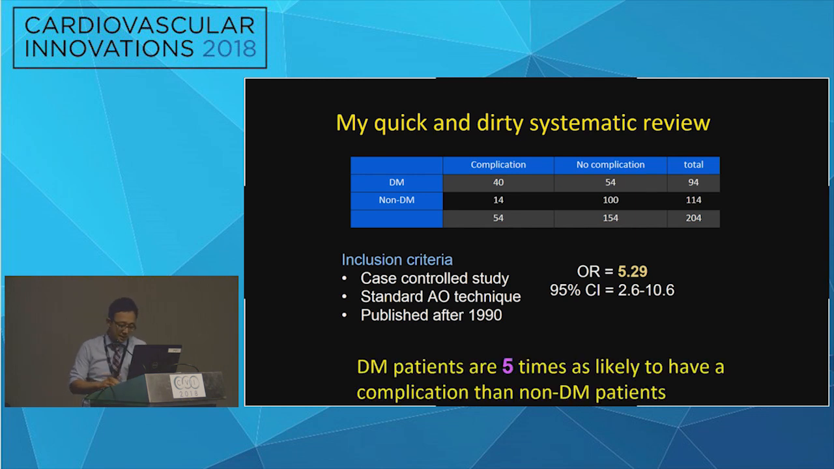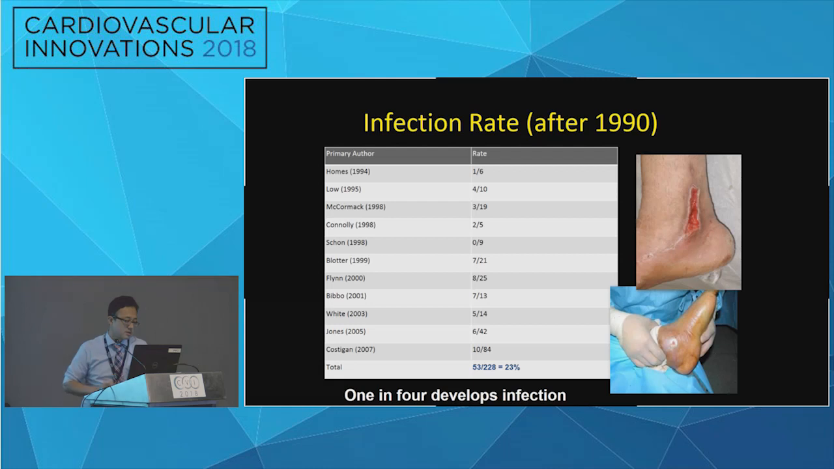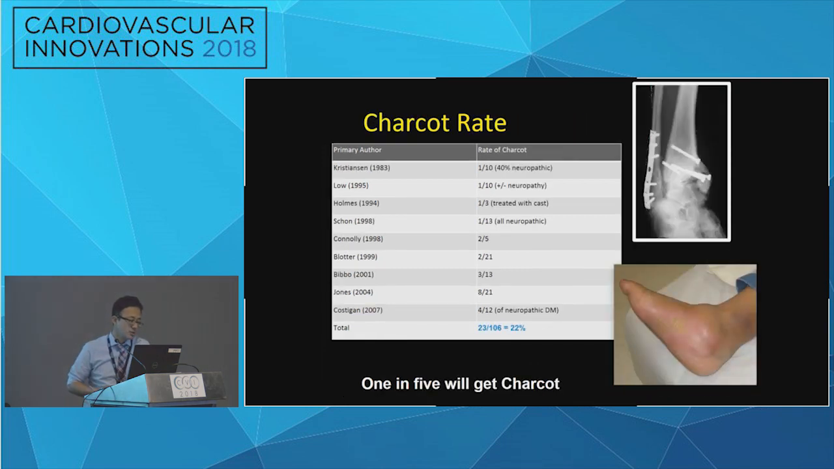But when you're talking about complications after ankle fractures, there could be short-term, acute complications like skin healing complications or infection, something that happens within 30 days. About 1 in 4 develops an infection after ankle fractures if you're diabetic. But there are also long-term complications like bone healing complications or Charcot. In this case, if I tally all those numbers, it's like 1 in 5 gets Charcot arthropathy